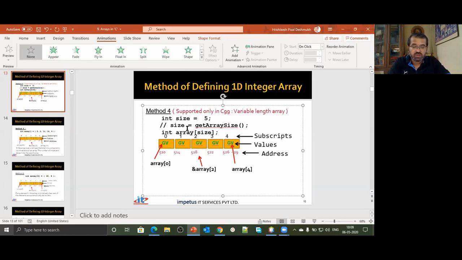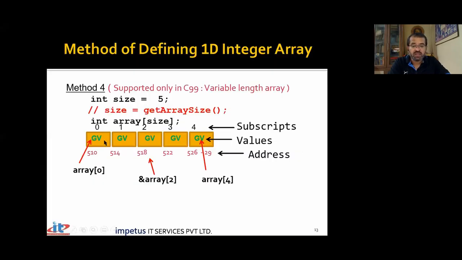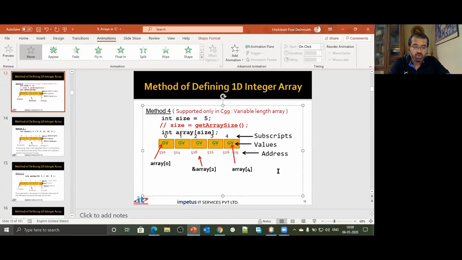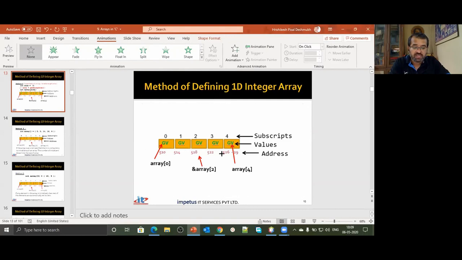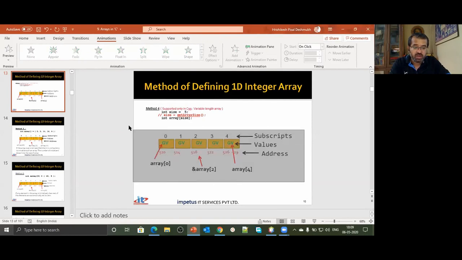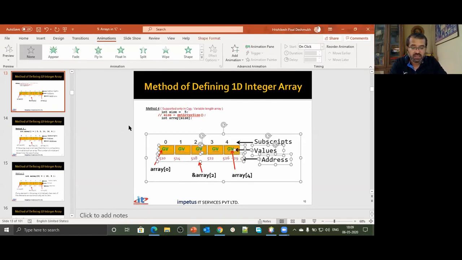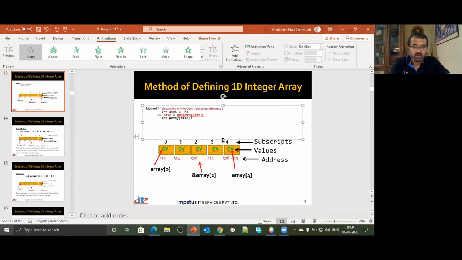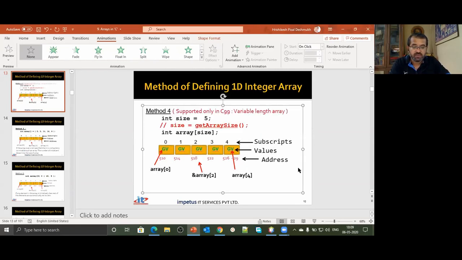That means you can also specify at runtime what would be the size of an array. Normally we don't do that, but this is something which was not possible earlier. Now it is possible. So you can also use a variable. The good thing about doing this particular design is you do not really have to bother about the size of the array beforehand. While you're running the program, that time itself you can decide what should be the size. Depending on what values you have used, accordingly the array size will change. So at runtime, you can decide what would be the size of an array. That is something we can do with this new approach.